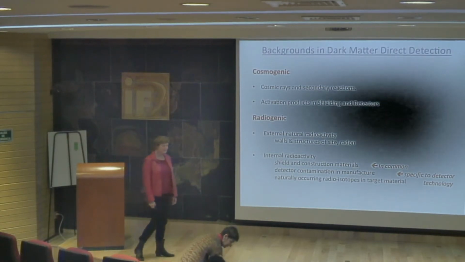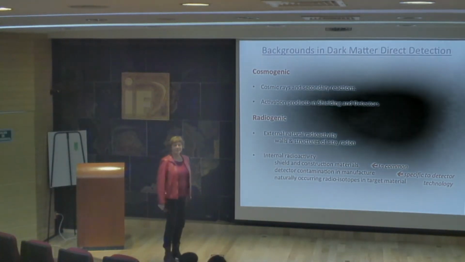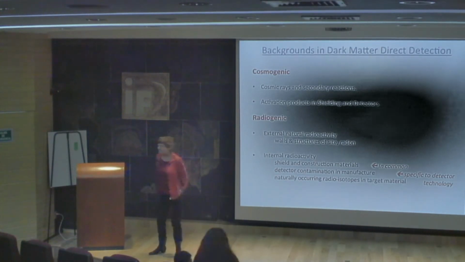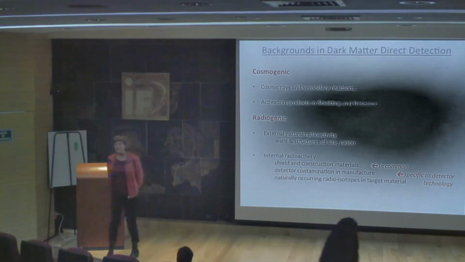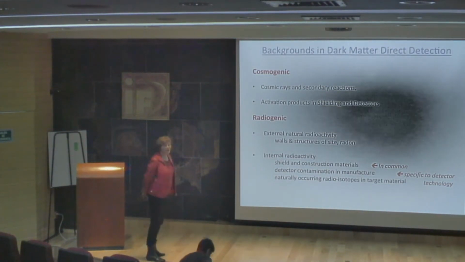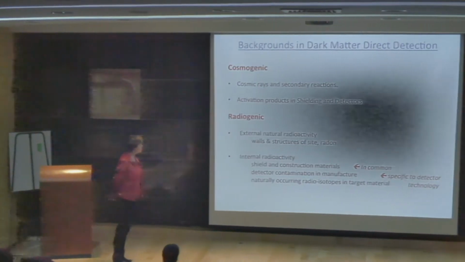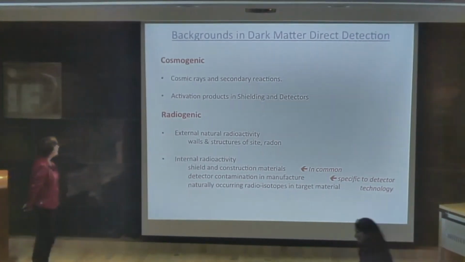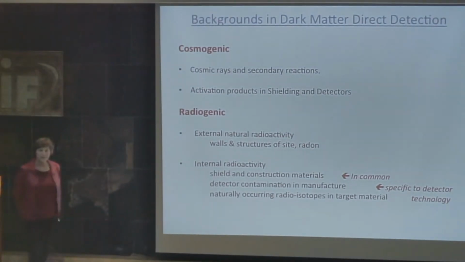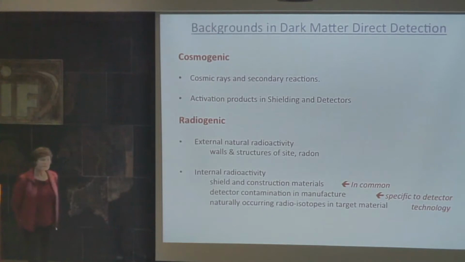So you can basically divide the backgrounds. Obviously, for direct detection of dark matter, the whole story is reducing backgrounds so that your sensitivities can be better. You can divide those into two types, cosmogenic and radiogenic. Under cosmogenic, we have cosmic rays and any secondary reactions caused by those cosmic rays, and activation products in